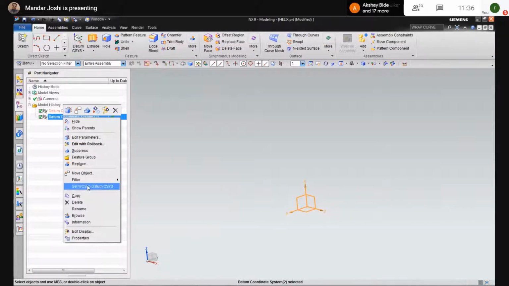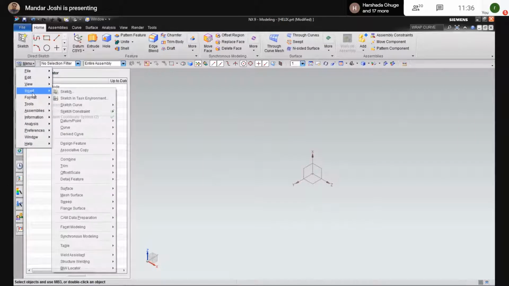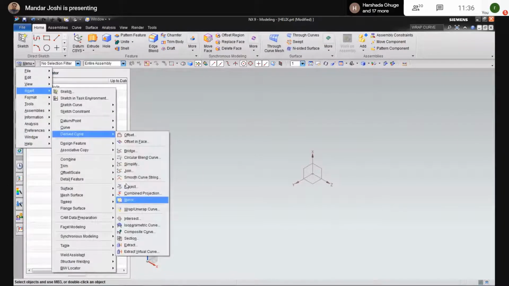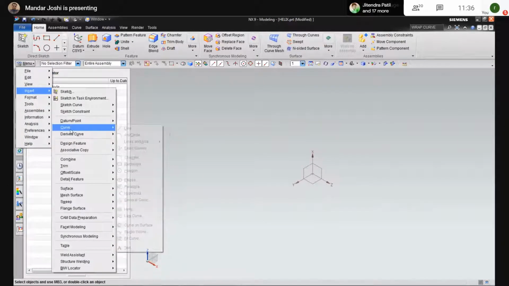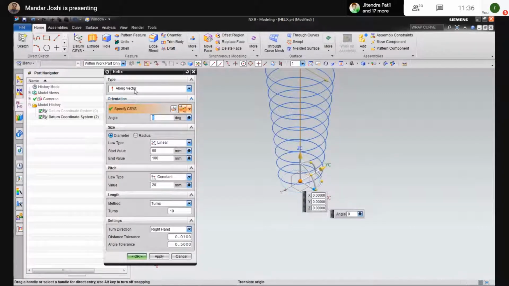Set WCS to datum coordinate system. Now you try to operate that command from the menu, insert, derived curve, and sorry, not derived, that is through curve. Select helix, along the vector. CSYS, I'm taking this one now.